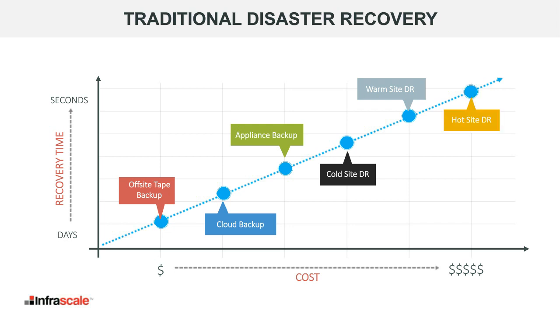And then warm site DR and hot site DR are just completely out of affordability for the general SMB and even up into the SME market. Once you get up to 2,000 employees plus, which is generally the SME ceiling, even environments of that size can find these DR systems cost prohibitive.